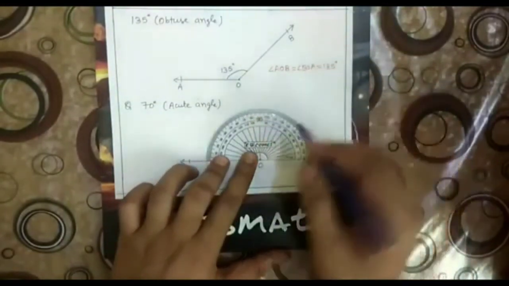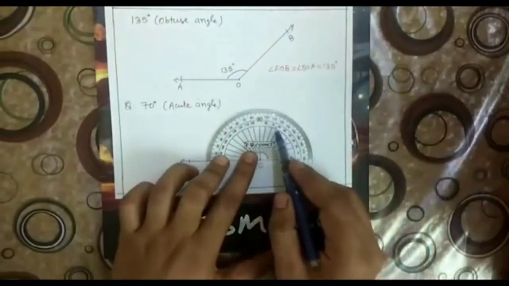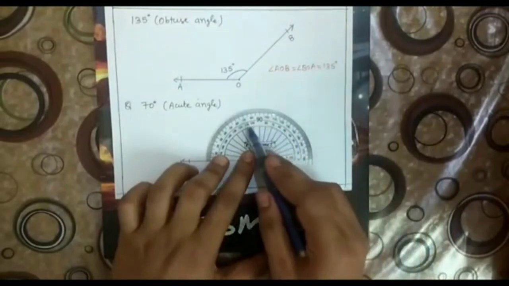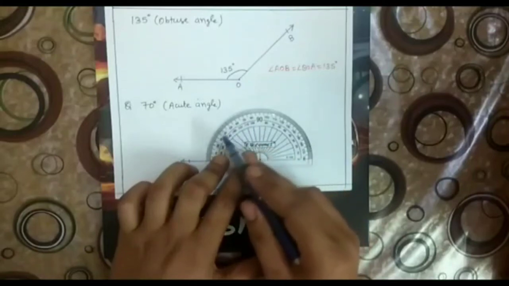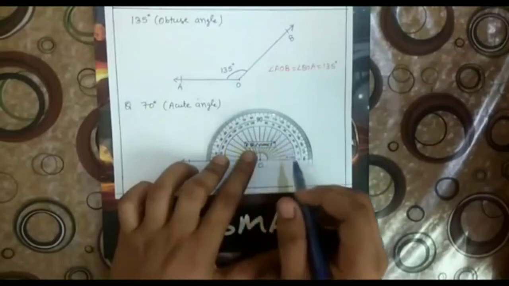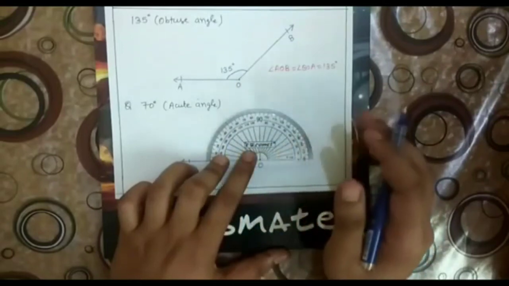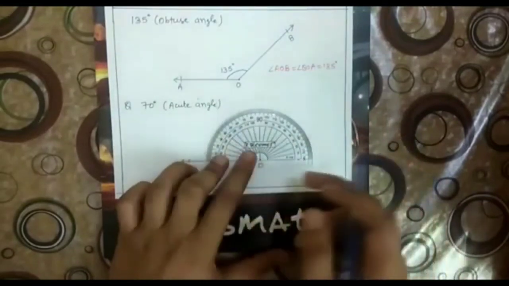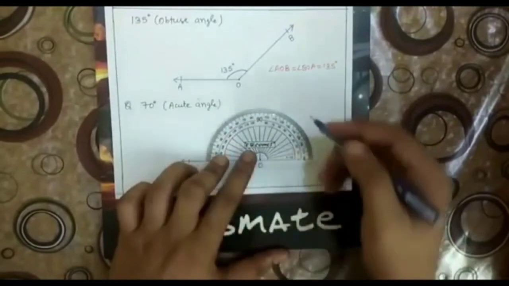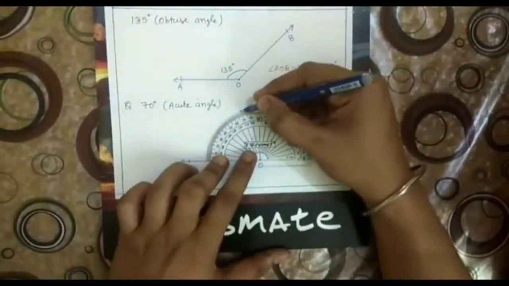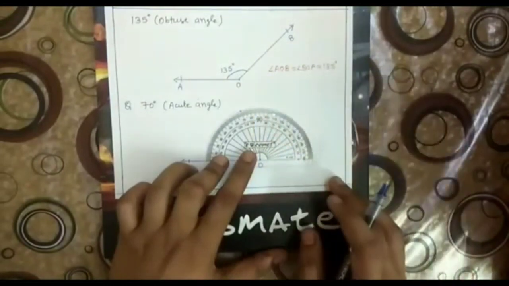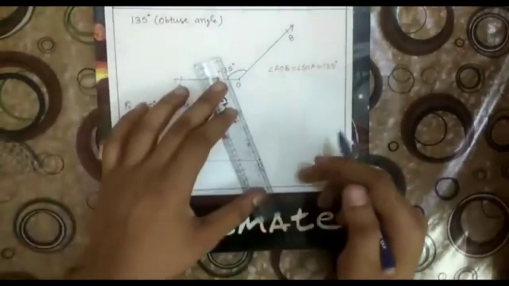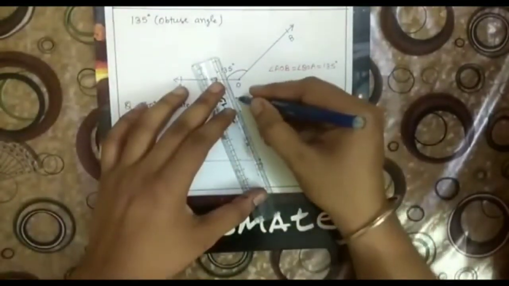So use your protractor, cover the baseline and look for the 70 degree angle. Now 70 degree angle is on both sides. If you look at the inner circle, 70 degree is outside, and if you look at the outer circle, then 70 degree is on the inner side. But I have told you, forget about the circles, always look for inside and outside, and this is an acute angle, so look for inside. Acute angle always lies inside the baseline. So this is your 70 degree angle. Now join these 2 points and you will get the angle of 70 degree.